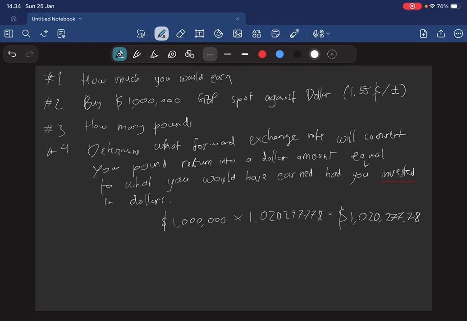We use exact days over the correct day count convention: a 360-day year for most currencies except sterling, which uses a 365-day year. So this is actually 1 million times 1 plus 0.02, which is the rate, times 365 divided by 360,